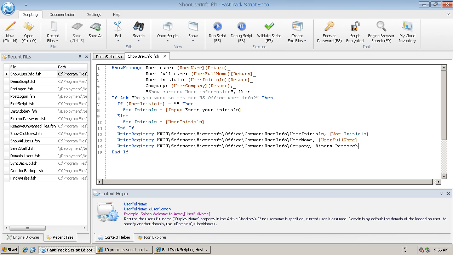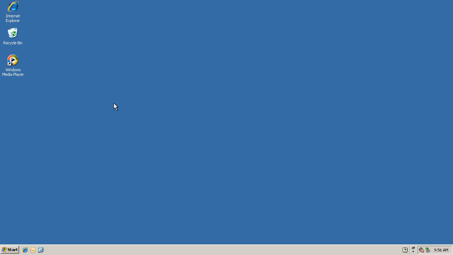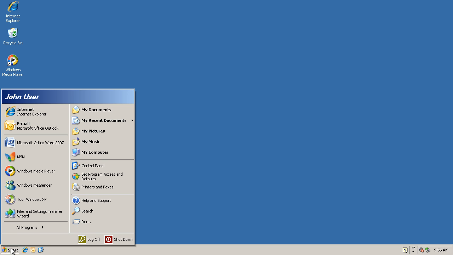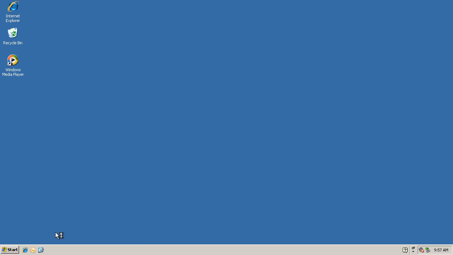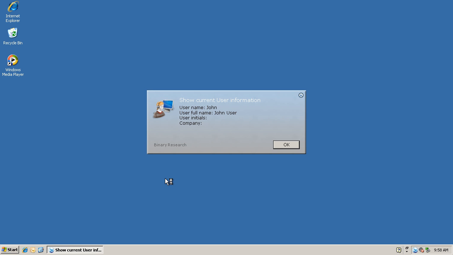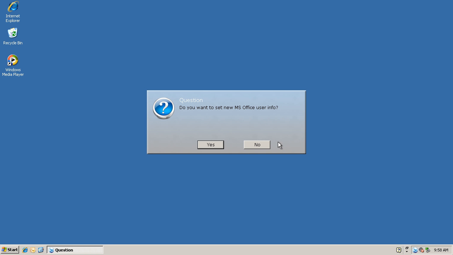I'm logged in as John User. So let's run that program. Show user info, that's the one I want. That's the current information coming from Active Directory, so you can see that there are in fact no initials set in Active Directory. So what I would do now to make this work company-wide, because we don't want to prompt every user, is make sure that there were in fact initials set in Active Directory. But for the purposes of this video, I'm going to prompt for